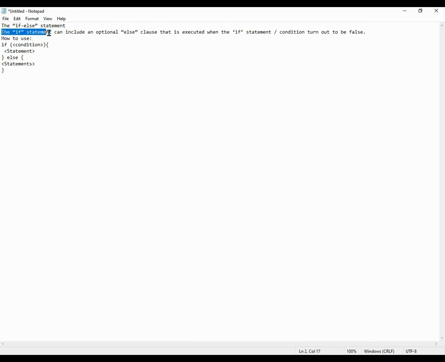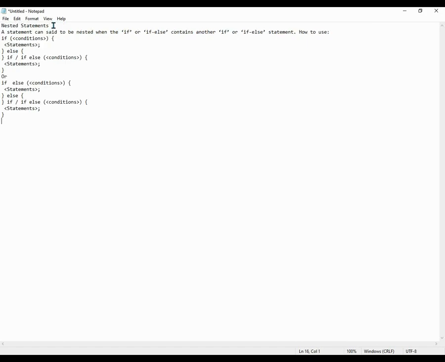The if-else statement. The if statement can include an optional else clause that is executed when the if statement's condition turns out to be false. How to use: if (condition) { statement } else { statement }